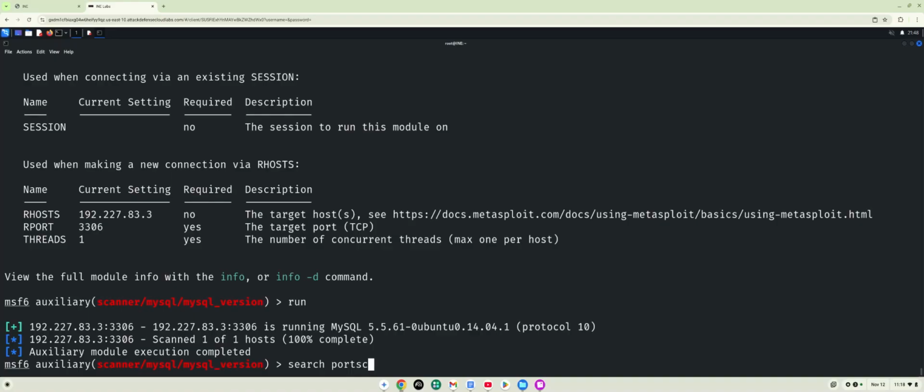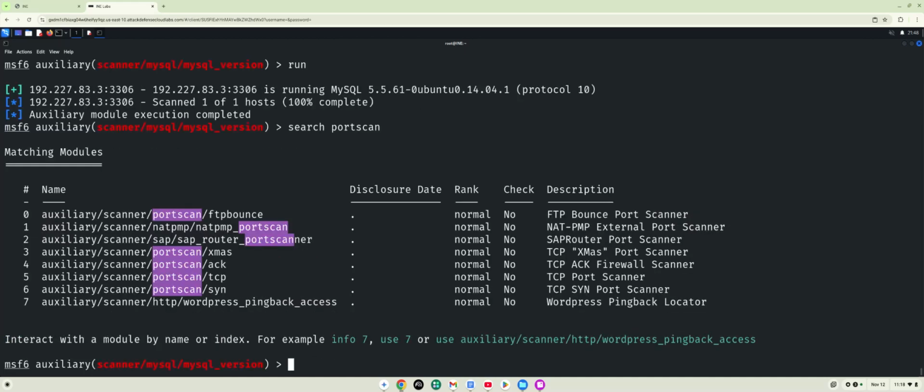This is just another method. Of course, another method that we can do a port scan is using nmap, but you can also use the Metasploit framework to find an auxiliary tool to do that for us as well. All right, so the type of port scan. Since MySQL is a TCP related protocol,